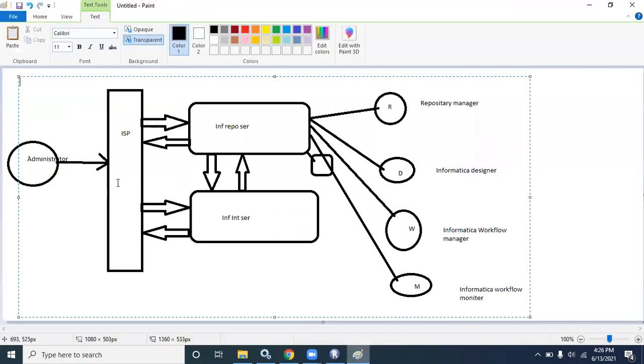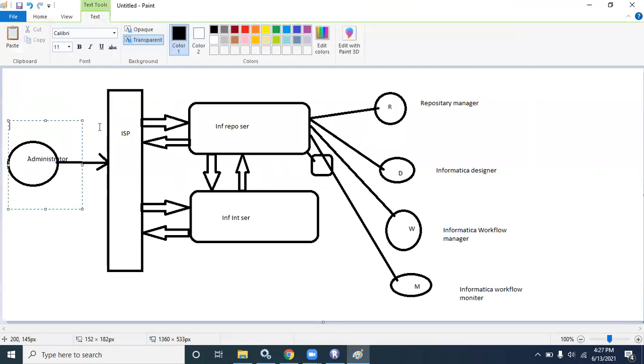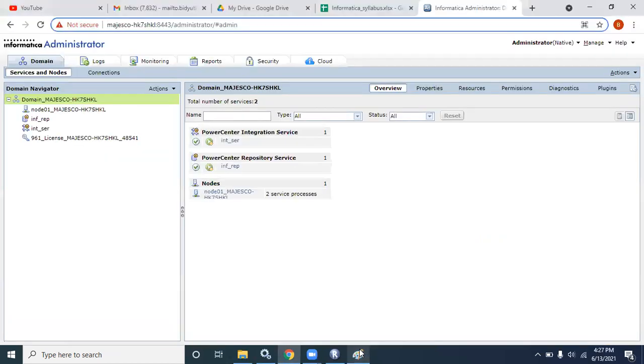When we start with the administrator, these are the things I told you about first, but the ISP you cannot see. No need to worry. I will take the admin class again at the end of the ETL development course, because maybe you are new and initially you will forget all those things.